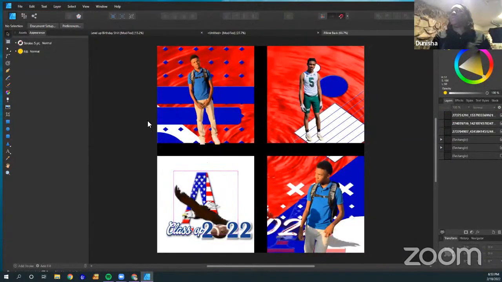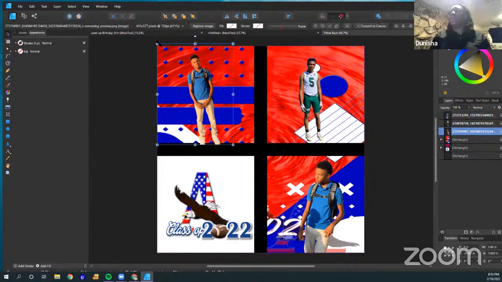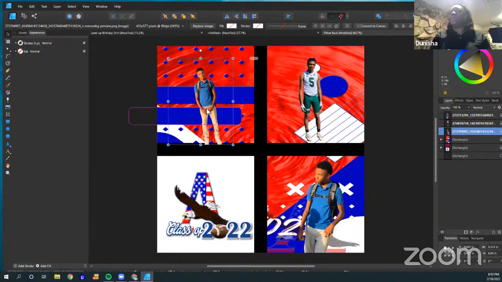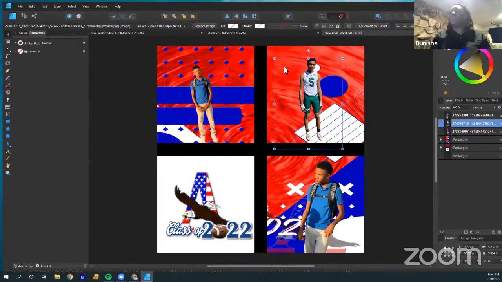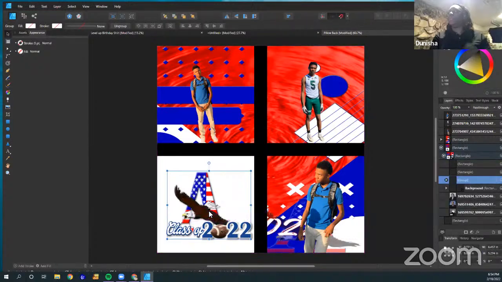All right, there's the back of the pillow. And I'm going to shrink him down just a little bit. This one too, just a tad. And then these over here, I'm going to just move up a little.